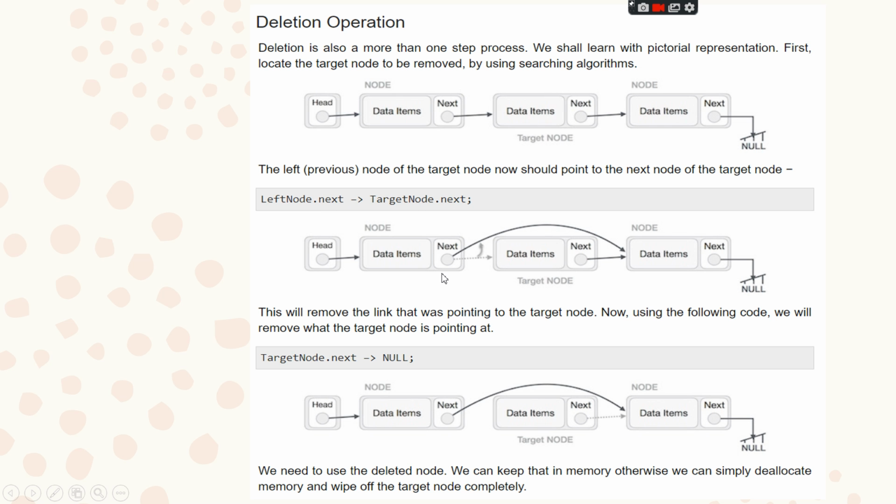You can see that this connection has been replaced, and this time the A node is directly pointing to the C node.